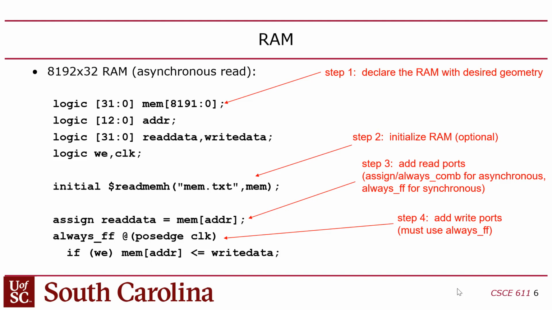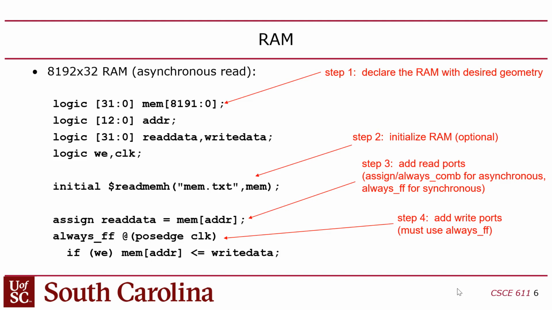Now, from this, you can kind of tell how many ports I have here. Well, I only have one port because there's only one address. But I do have data going each way, in and out, right? So it looks like I'm going to have one port, but that port allows me to read or write, or maybe read and write at the same time, right? So we have to read on to see how it works. So then I have this single bit write enable and clock.